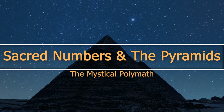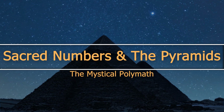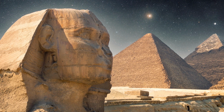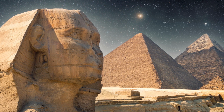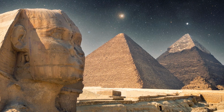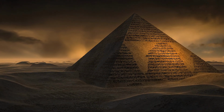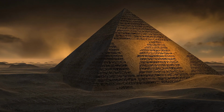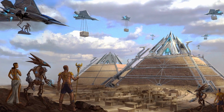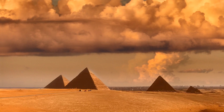The Great Pyramids in Egypt have been constructed with an unbelievable amount of precision, and the astronomical alignments and numerical values encoded in these megalithic structures are just too mind-boggling to ignore. It really is true that the more you look into the Great Pyramids, the stranger and more utterly perplexing they become. Setting aside the arguments on when they were built and for what purpose, let's assume that they were actually